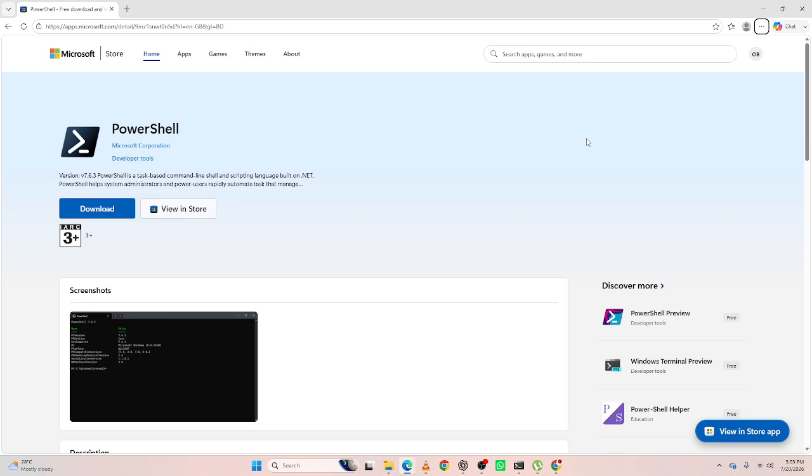So let's get started. First, open Notepad, Visual Studio Code, or your favorite text editor. Create a new file and type a simple PowerShell command. Write-Host "Hello World". Next, save the file with a .ps1 extension. For example, save it as HelloWorld.ps1 in a folder that's easy to find, such as your desktop or